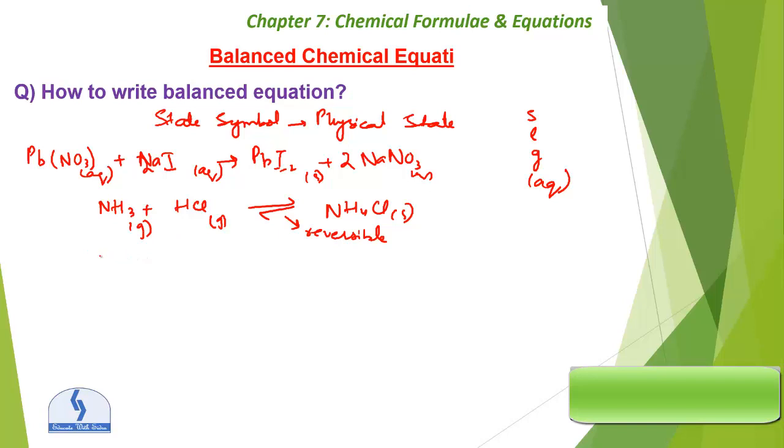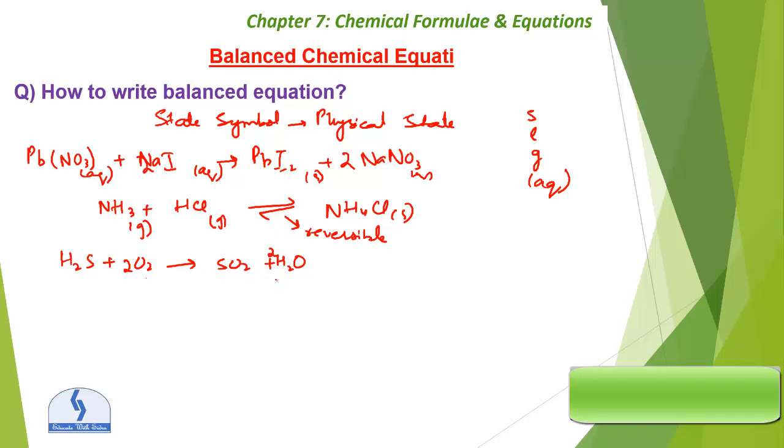Now H2S plus O2, it will become SO2 plus H2O. Now balance it. Hydrogen is balanced on both sides, sulfur is balanced on both sides, but oxygen is not balanced. So what we have to do, there are 3 oxygen on the right hand side. So first, this is always put even number, obviously put 2 over here. Now there are 4 atoms of oxygen. So that will be here 2, to put it over here 2.